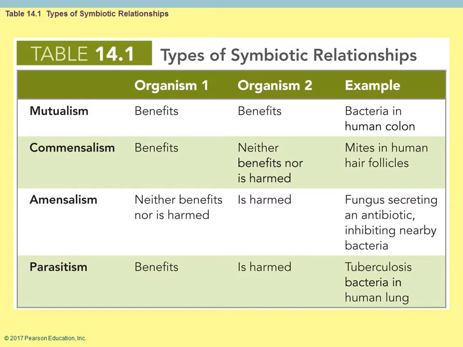Of those four different types, mutualism is when it benefits both organisms. So we have bacteria that are in our large intestines. The nutrients flowing through the intestines help the survival of those bacteria, so that's a benefit to them. And actually, these bacteria do benefit us from this standpoint. Some of them make things like vitamin K, so it's a benefit to both members.